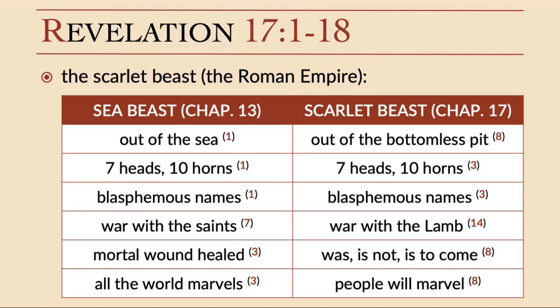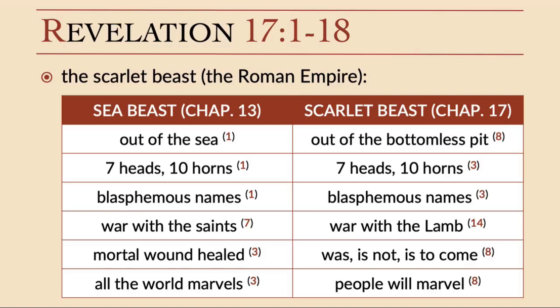Okay? Verse 2. And the beast that I saw was like a leopard, its feet were like a bear's, and its mouth was like a lion's mouth. And to it, the dragon gave its power and his throne and great authority. The correspondence there is back to the book of Daniel. Verse 3. One of its heads seemed to have a mortal wound, but its mortal wound was healed, and the whole earth marveled as they followed the beast. And they worshipped the dragon, for he had given his authority to the beast, and they worshiped the beast, saying, Who is like the beast, and who can fight against it?